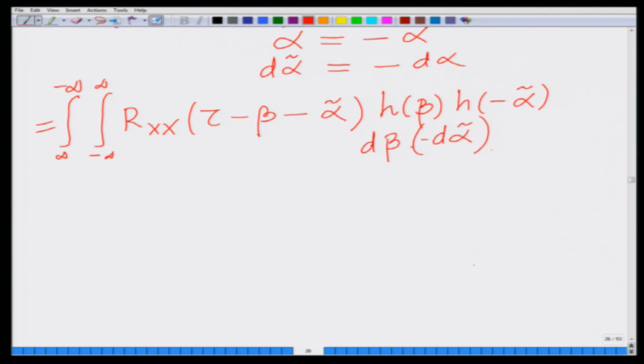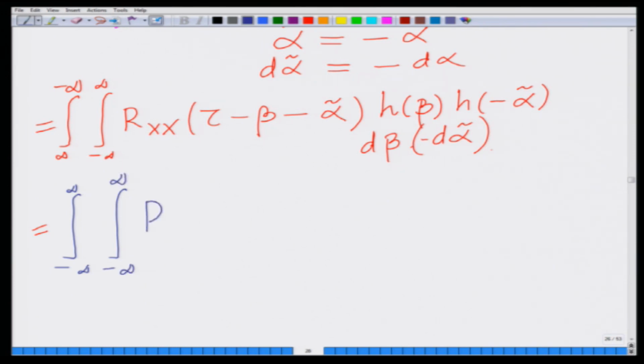Now, I have an integral from infinity to minus infinity and a minus sign. So, put these two together,